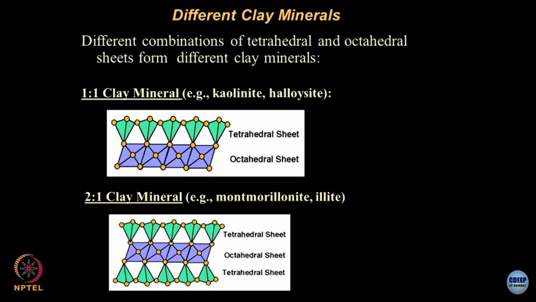There is an octahedral sheet and then on the top of this you have a tetrahedral sheet, this becomes a kaolin or halloysite. Sometimes this is also known as 1:1 clay, alright, 1 silica 1 alumina, combination of the two, this becomes kaolin or halloysite. Sometimes we have 2:1, so we have 2 tetrahedral sheets, 1 octahedral sheet, composited into this system. Those of you who are very interested in this, please read.